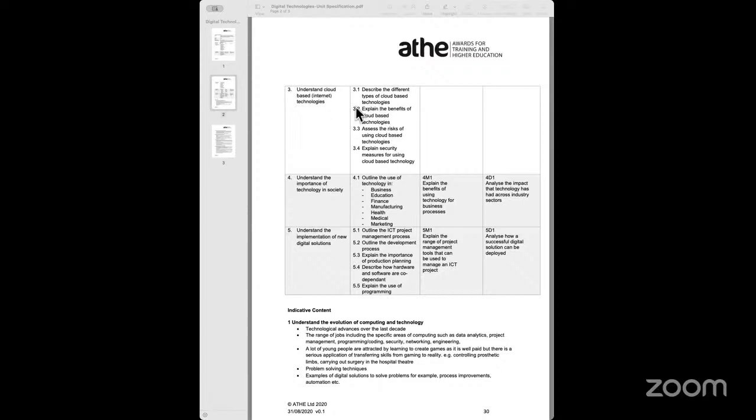So there are 4 assessment criteria in general which we are looking at in this particular outcome, which is to understand cloud-based technologies. And these 4 learning outcomes would be focused on first understanding the type of technology, benefits, risks, and how we look at maintaining security on these technologies, so that if we end up creating and using software as a service or applications, how this would actually be useful in terms of saving costs and speeding up operations.